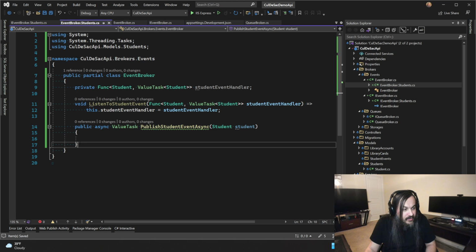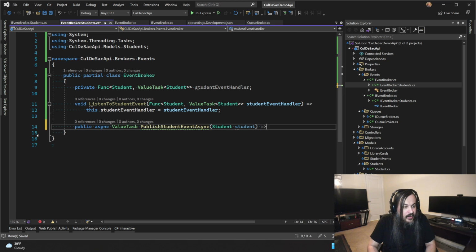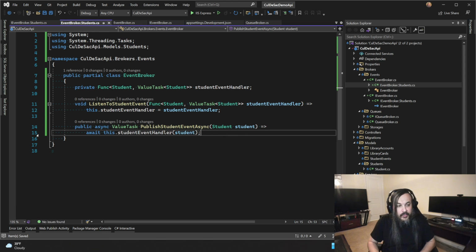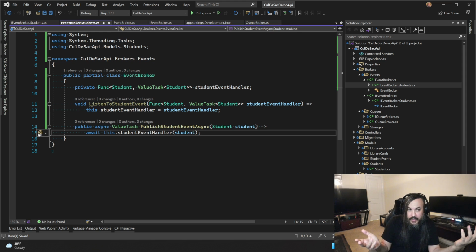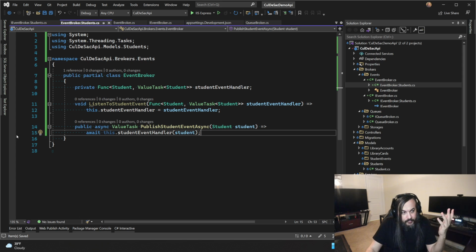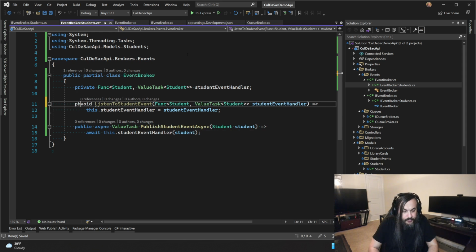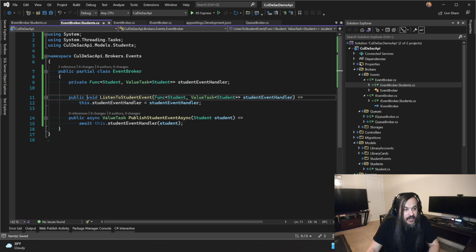And then on the publish event part, all this guy is going to do is say, okay, who are the people that are registered to that student event, and then call them and pass the student to them. If there are no listeners, we should rightfully throw an exception. We'll come back to that part in a second. Okay, so I have listen to event. Let's make this guy public. The listening to event doesn't have to have any asynchronicity in it because you're just adding a reference. That's all that it is.